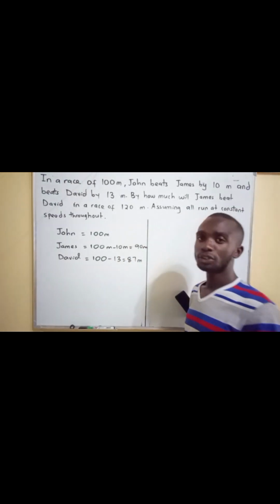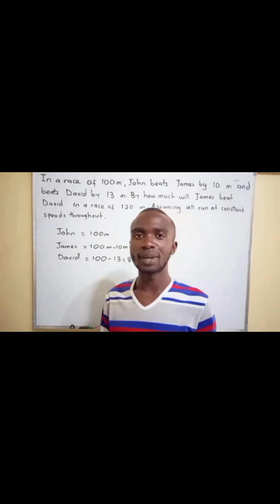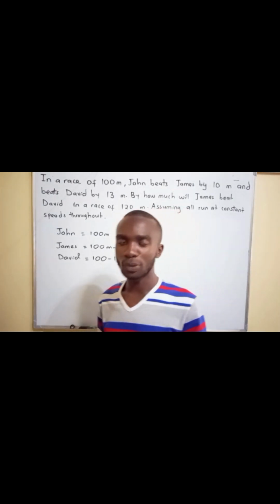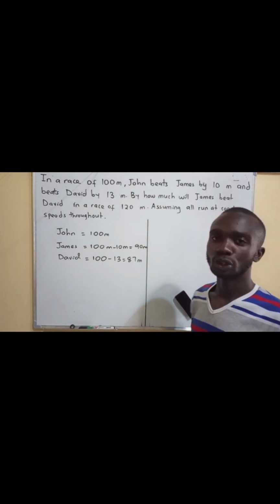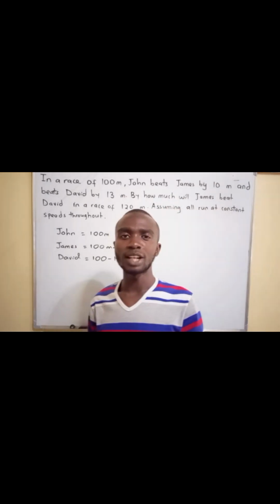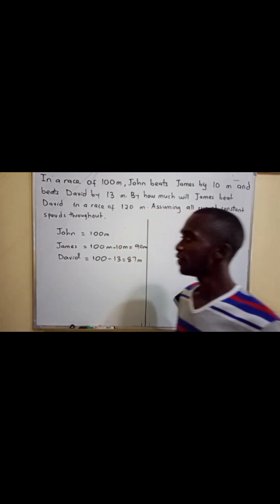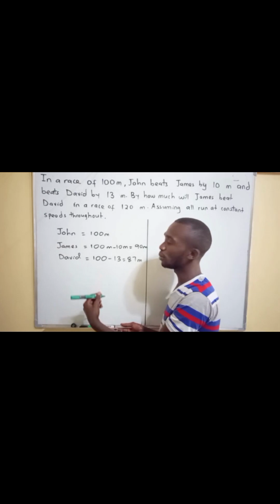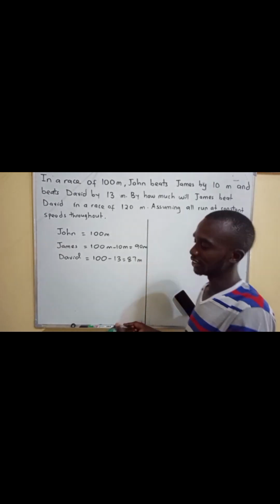Now, we are going to assume the time taken by each of the runners to be an unknown number, in the form of a letter T. So let the time taken by John, James, and David be T. So this helps us to find the speed of each individual. Now, if the three individuals take the time of T to run the given distance,